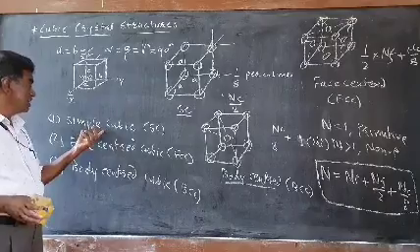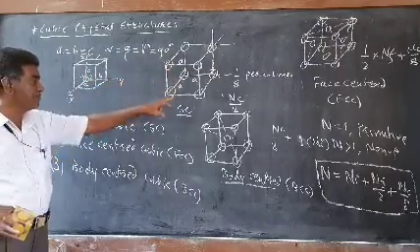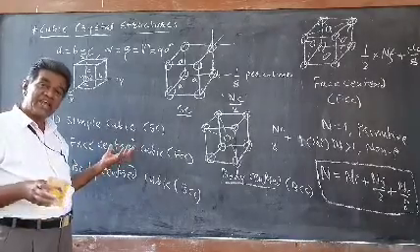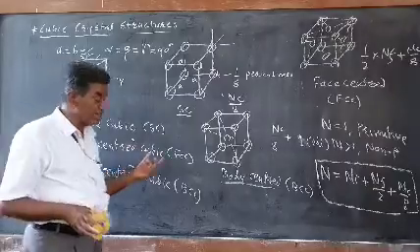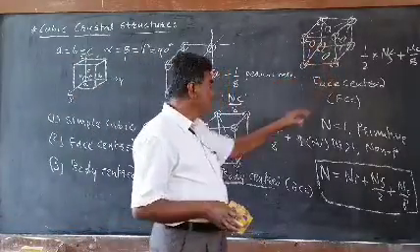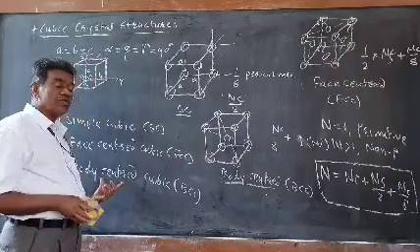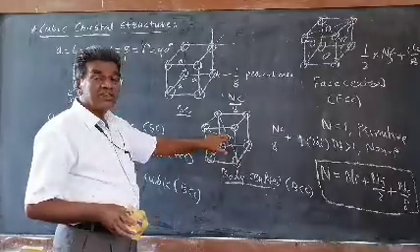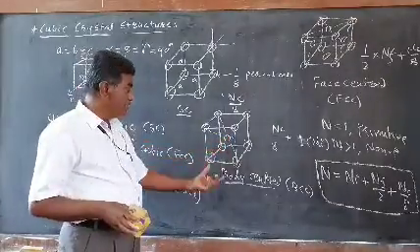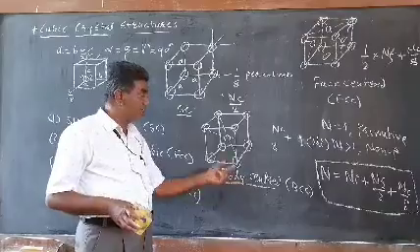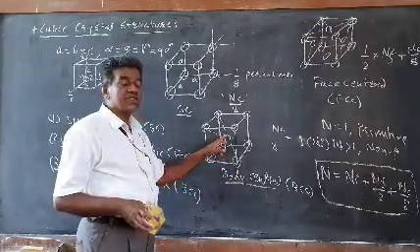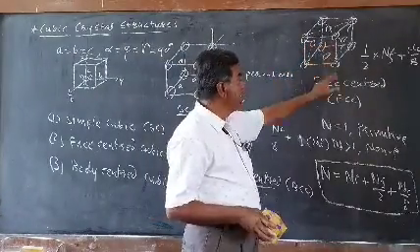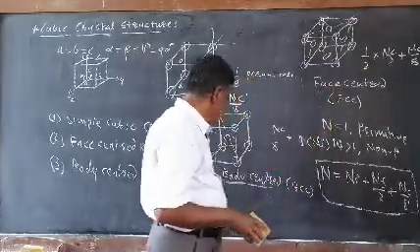In the simple cubic, only the corners are occupied by atoms. In the face centered cubic, extra atoms are located in addition to the corner atoms, at the center of each face of the unit cell. In the body centered cubic unit cell, in addition to the corner atoms, an extra atom is located exactly at the center of the unit cell, and this is why it is called body center. Why is it called body center? The extra atom is located in the interior, at the center of the unit cell. Extra atoms located exactly at the center of faces of each unit cell are why it is called face center.